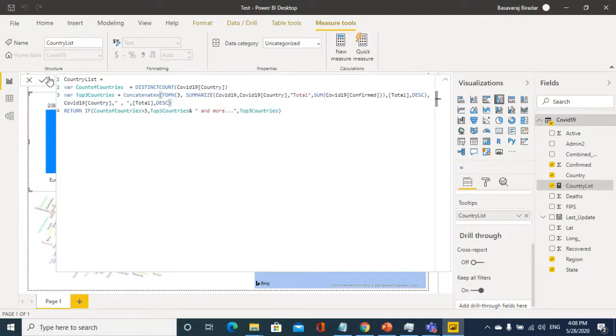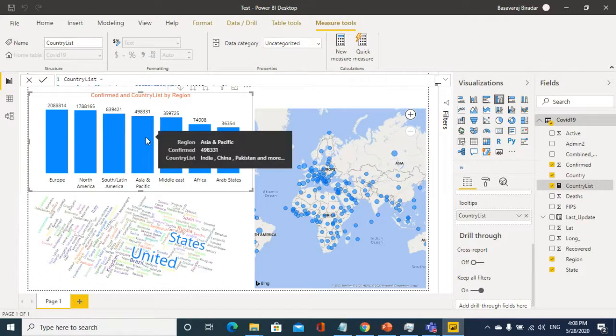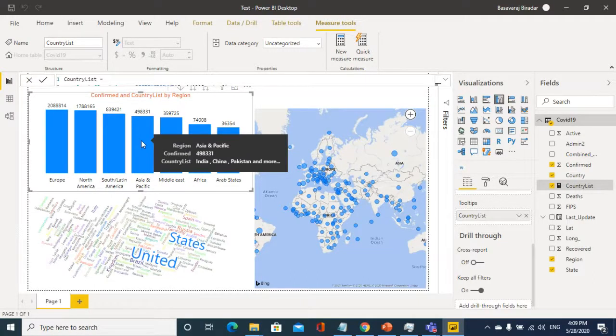Okay, so that's done now. Now go to Asia Pacific. So India came first, followed by China, Pakistan. Okay, so this way you can do a tooltip kind of thing.